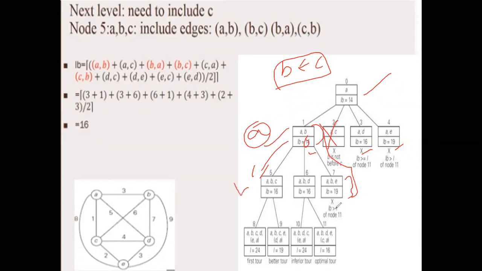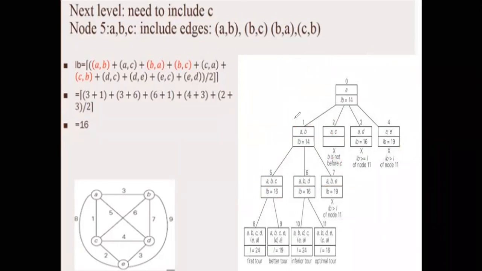So here we are taking from B. So what we have done till now, we came to a conclusion that we need to move from city A to city B. Now from city B, there are three alternatives. From city B, you can move to either city C, city D, or city E. Correct? So that is why we are writing everything here. So A to B, B to C; A to B, B to D; A to B, B to E. Correct? So we'll try to find these lower bound values for all those things. We will see now. Correct?